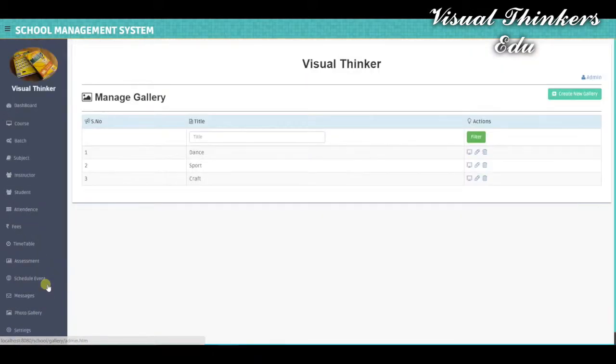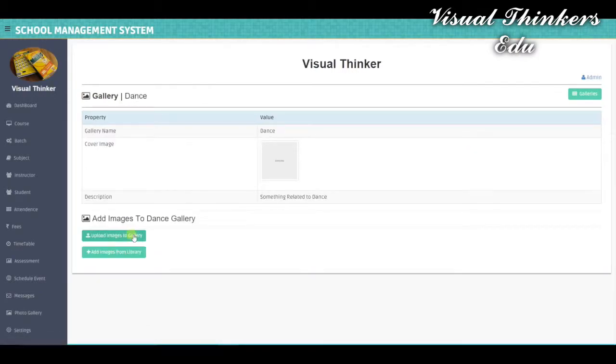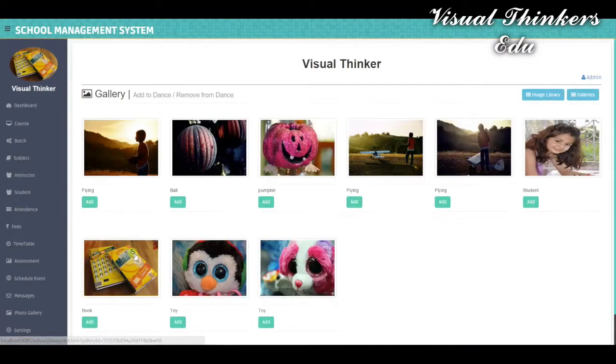Secondly, back to the library and view the library. Now you have successfully uploaded the images to your library. Now the second step is to add the images from the library. Now there is an Add button, so you can add as many photographs as you want.